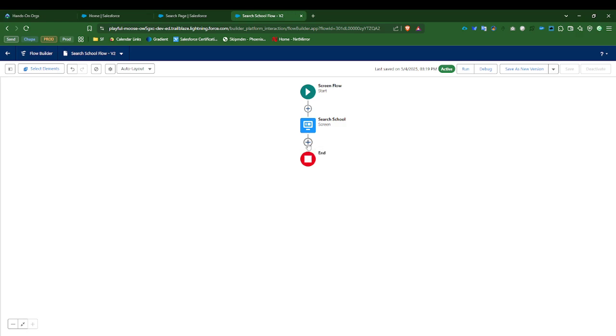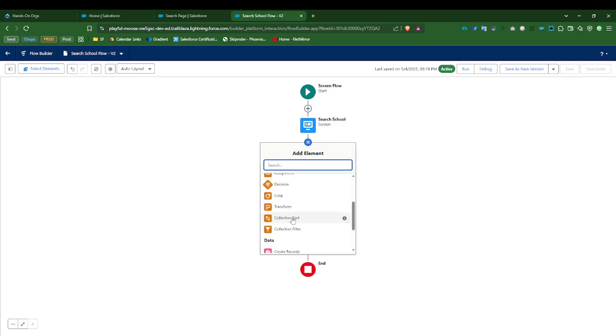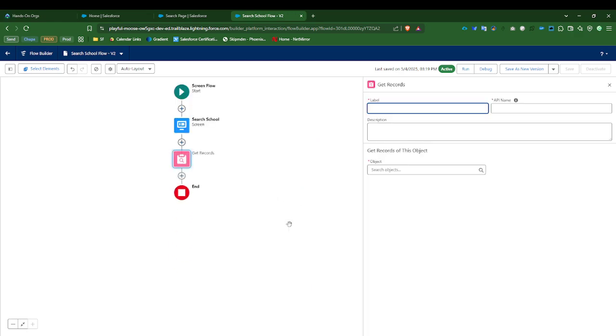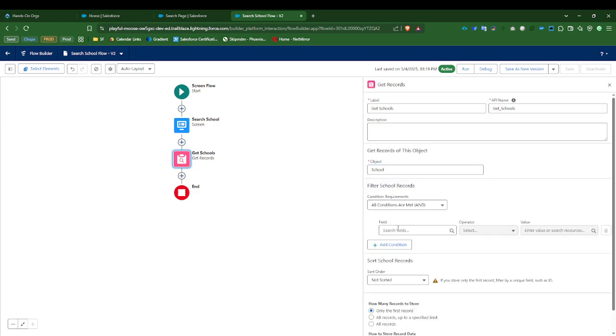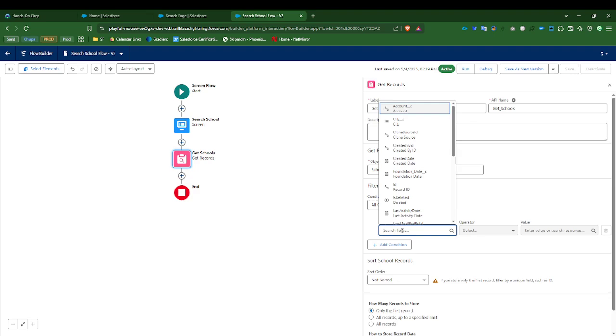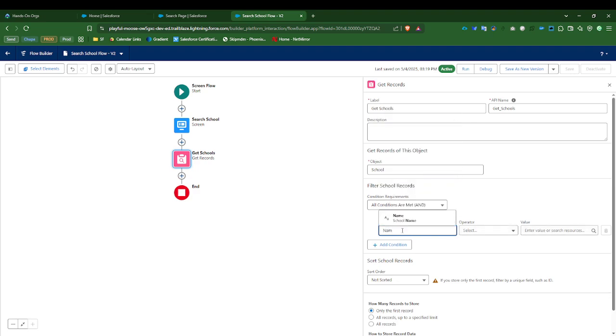So then I will use get records, get schools, I'll name it get schools. It will be from school object, and my condition will be name is school name